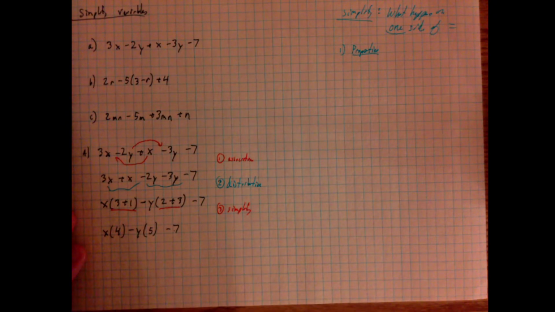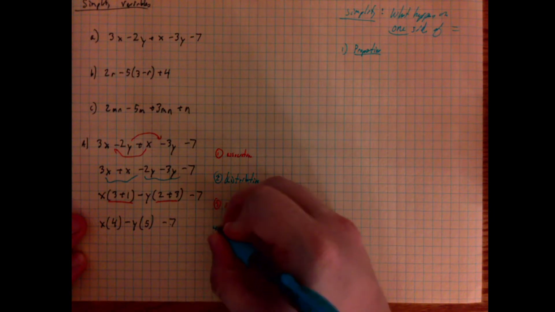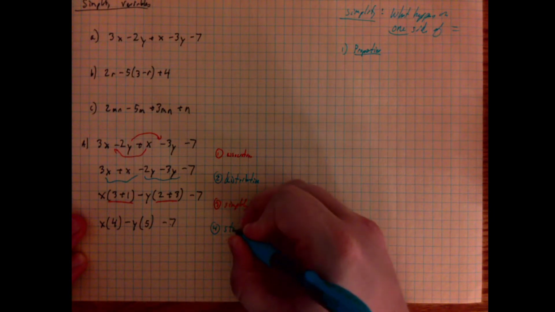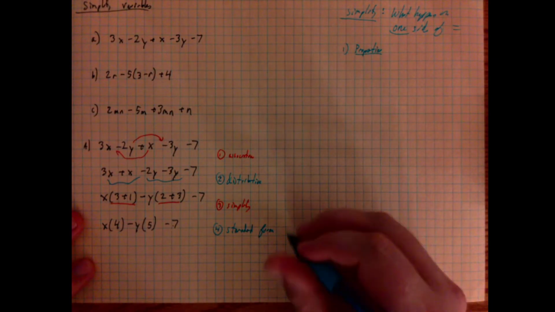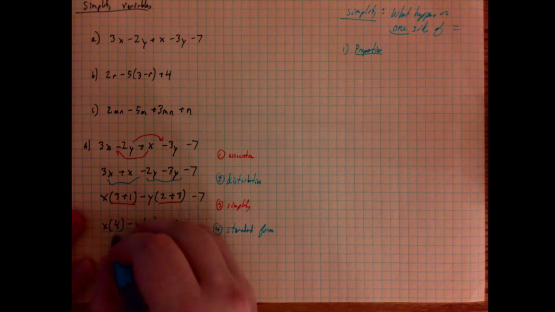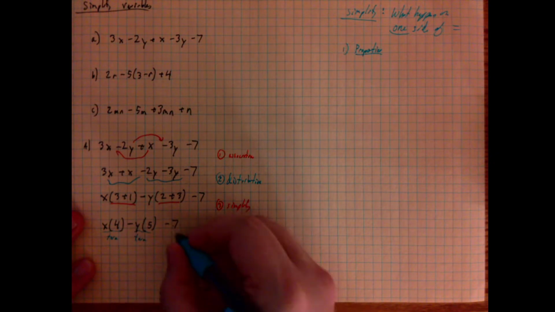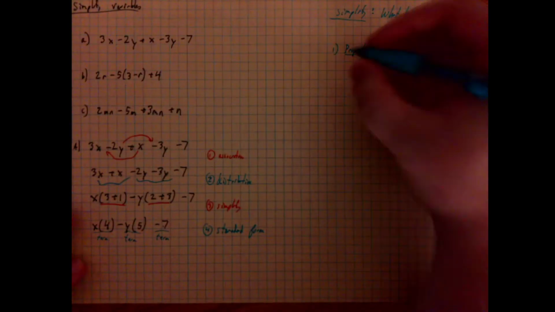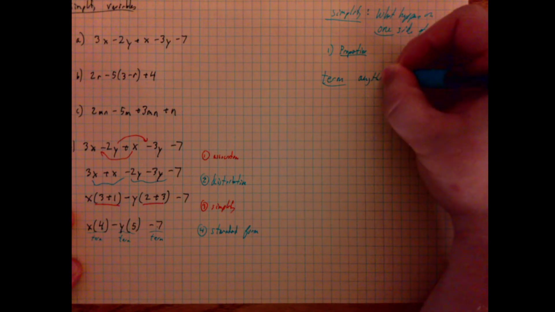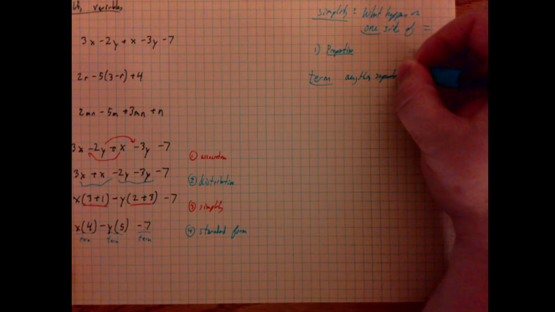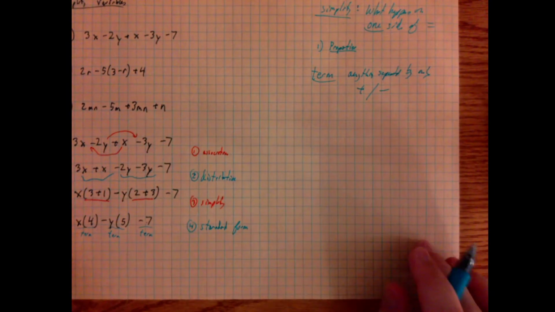Now, at this point in time, this is an acceptable answer in mathematical circles, but not one that we like, because we prefer to write it in a standard form. In case you're unaware, mathematicians typically like all terms. Remember, we have a term, we have a term, and we have a term. Remember, a term is anything separated by only addition or subtraction.